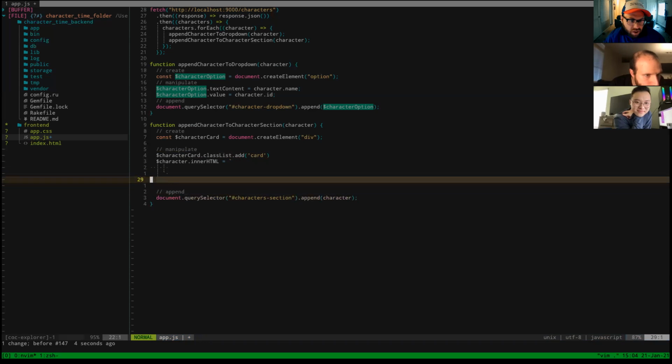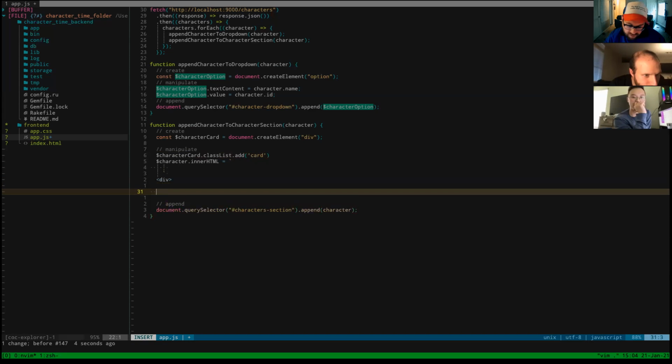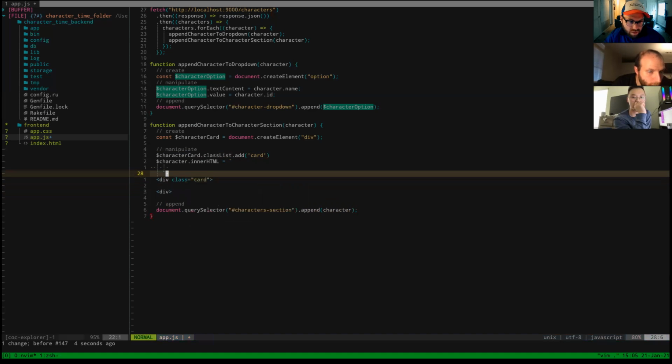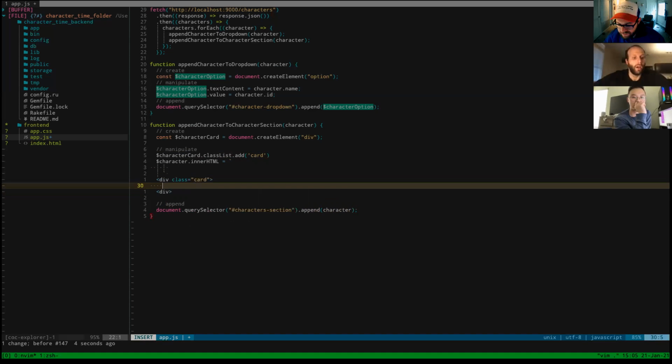Cool. Okay, that looks better. But anyways, sorry that looked so hideous for a second. Maybe we want a card to look something like this. A div. Maybe we want this thing to have a class equal to card. And then inside of here, maybe we want like,